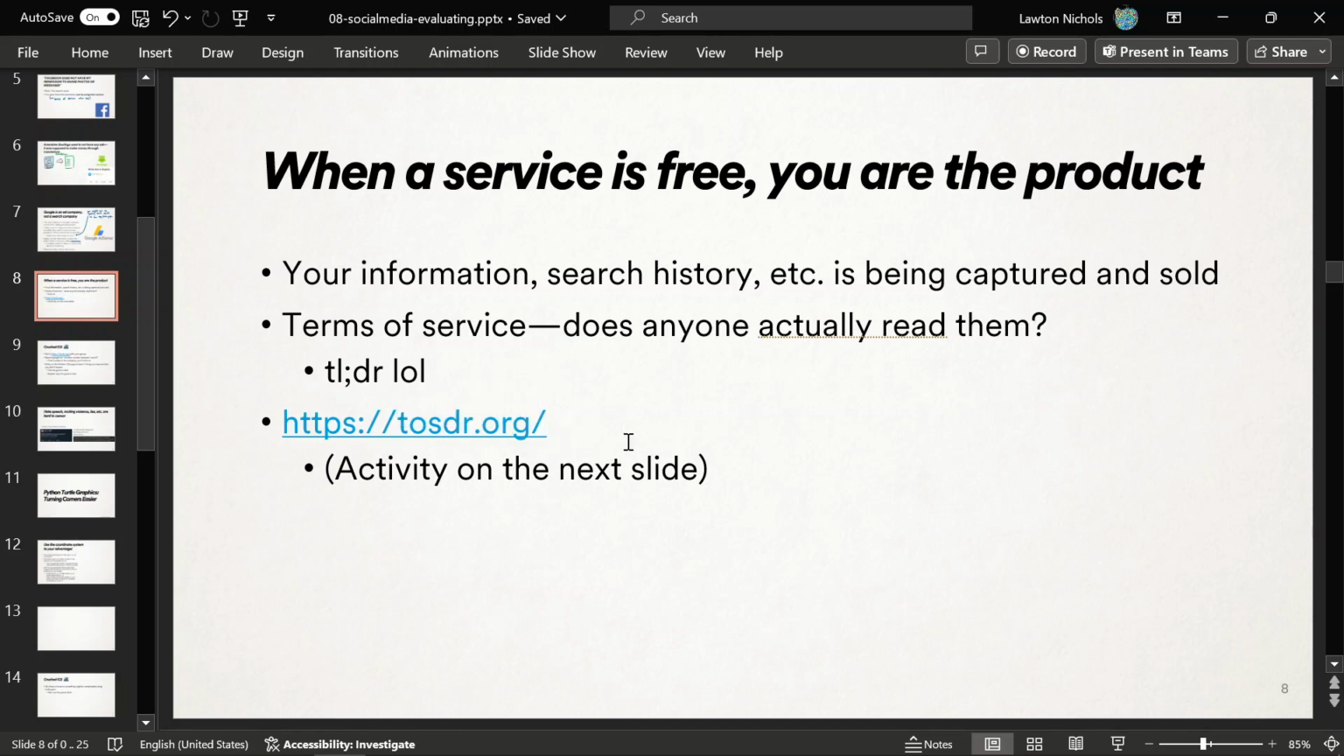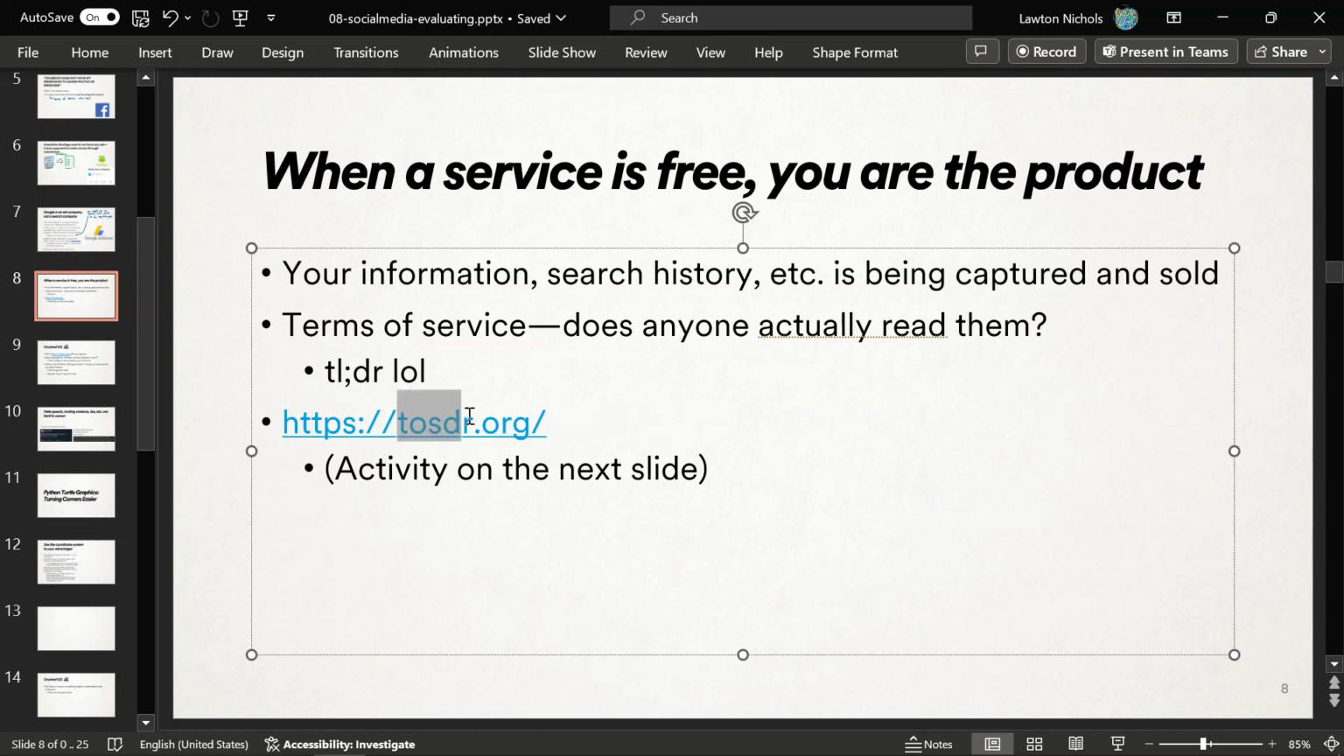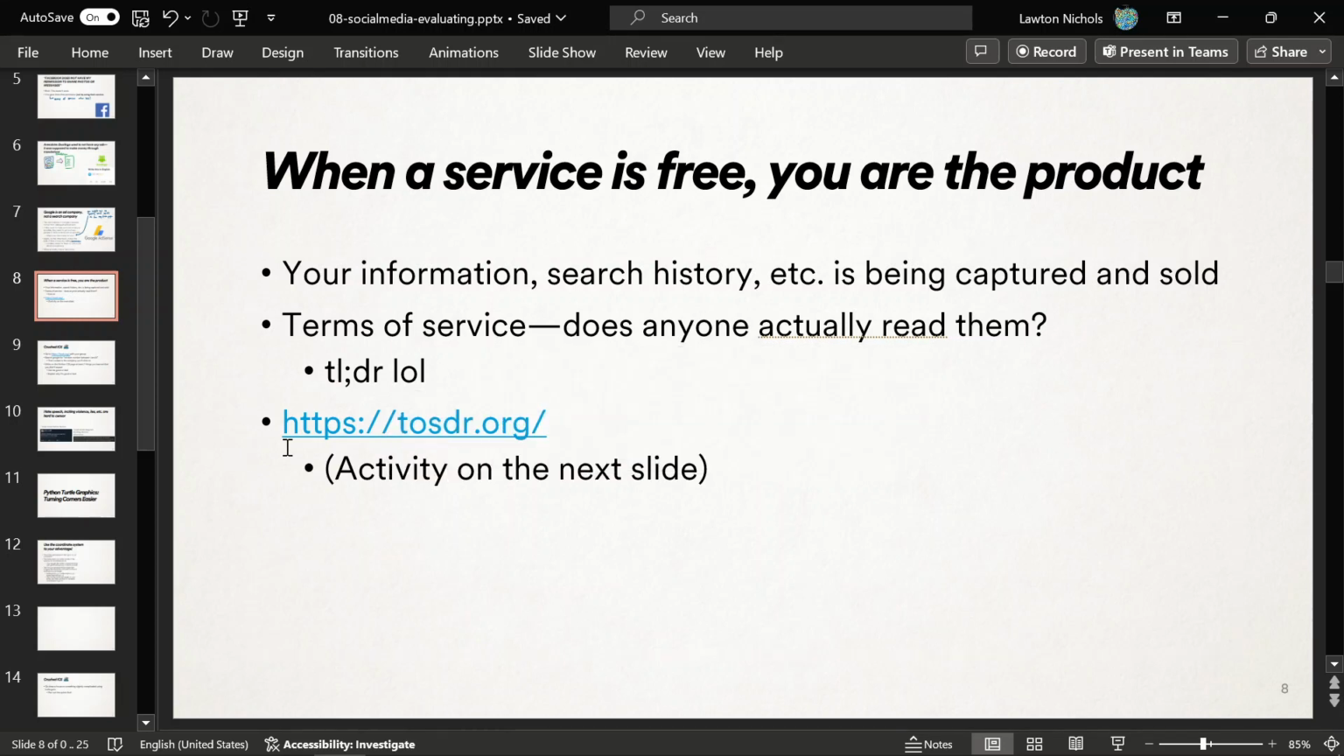Yeah. So instead, I have found a website that I'll give you an activity for. It's called tosdr.org. If you could please go there on the computer in front of you. TOSDR. It's a play on TLDR. If you've heard of that on the internet, that stands for too long didn't read. So this is terms of service didn't read.org. And so if we click there,